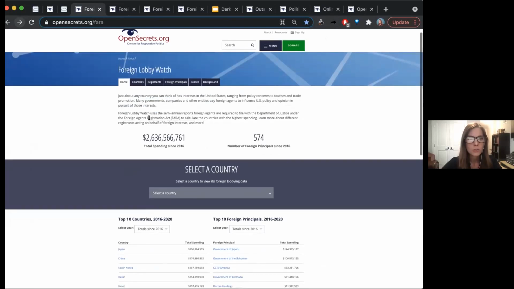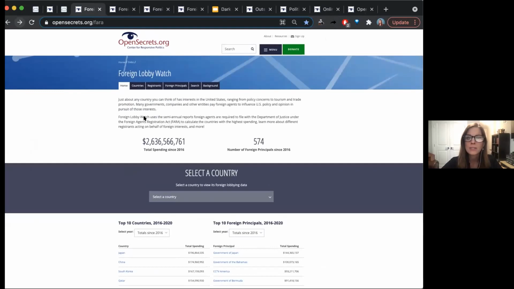We launched it a few years ago, and since 2016, we've tracked $2.6 billion in spending by various foreign countries. One important caveat is that it's not just lobbying spending. The Foreign Agents Registration Act is a little bit more expansive. It also includes things like PR campaigns, trade promotion,